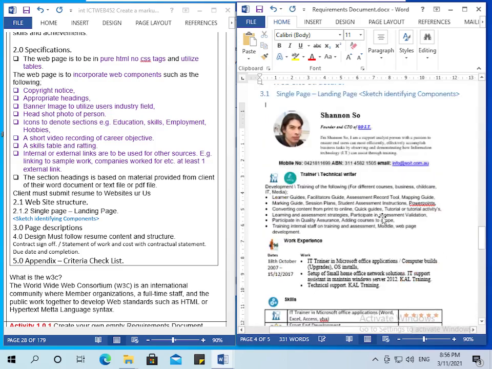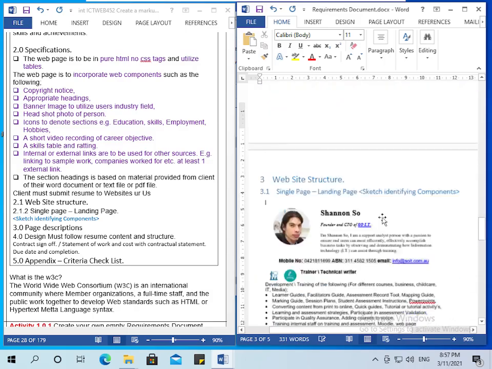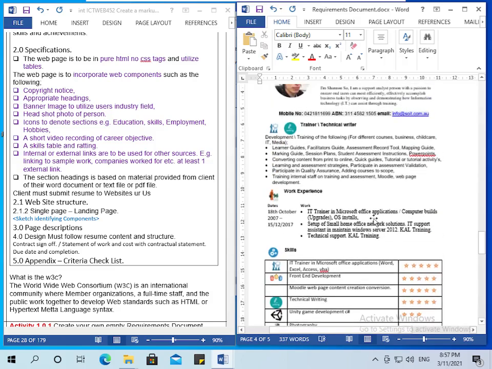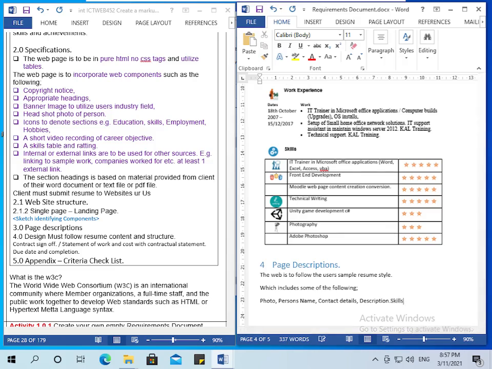It has, what does it have? An image, a photo, person's name, contact details, description or career description, skills, education, work,